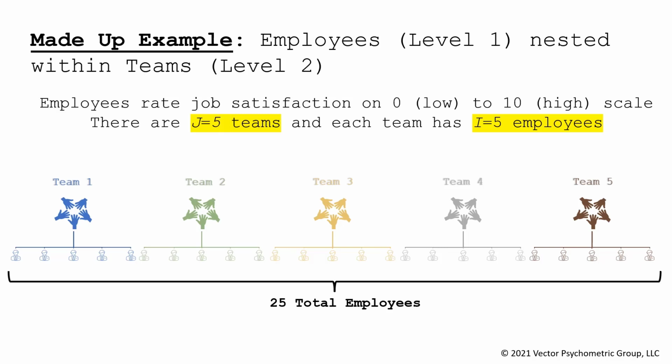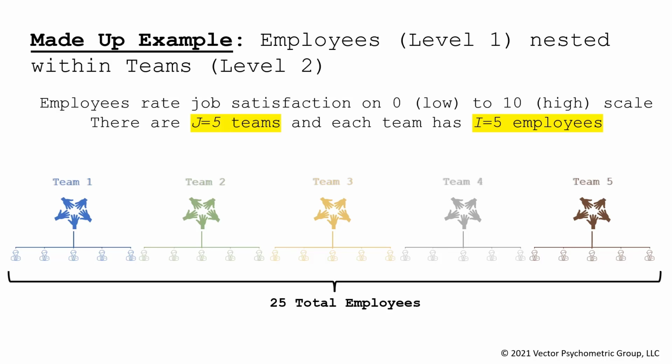This is because in the HLM equations, J is used in reference to teams, the level 2 units, and I is used in reference to employees, the level 1 units. This will become clear as we work through our example, so let's start by taking a look at the level